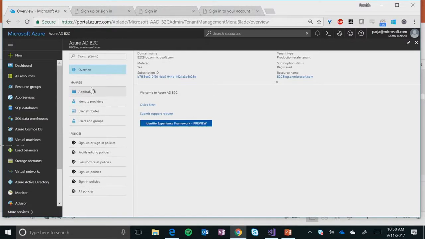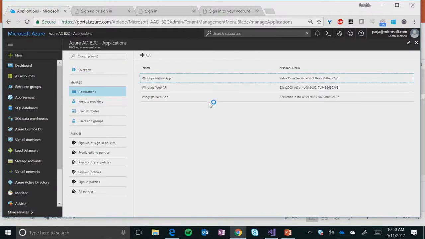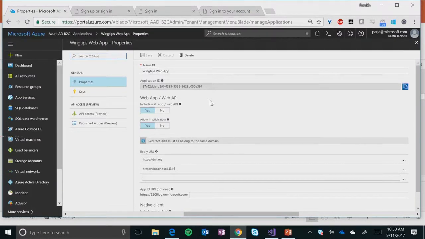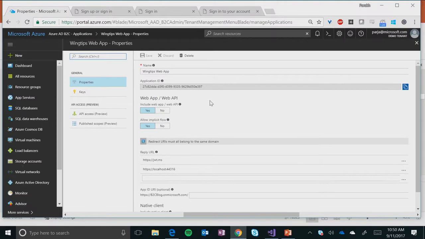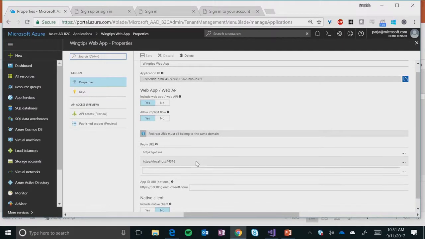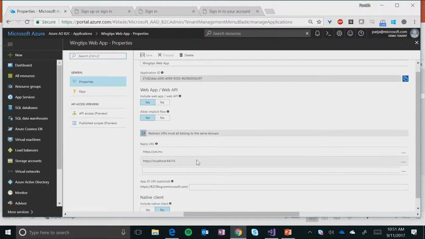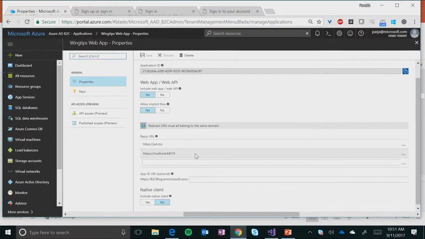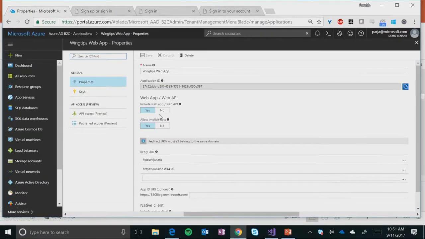As part of the pre-work, what you would have done is created a web application, or registered an application, inside B2C that would be configured to your application. This is how Azure AD B2C identifies which application is calling B2C. Here's your application ID, and here you would whitelist a few URLs that you would redirect the token to. If you notice, I've added localhost right here because I'm running a web application on my computer right now.